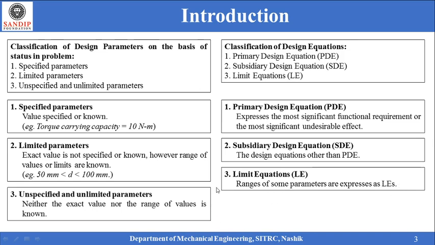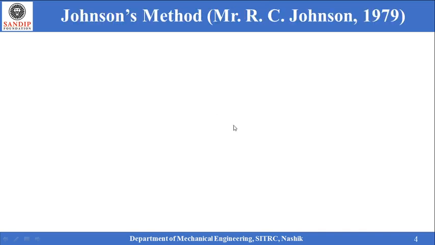It might be slightly difficult to understand at this point of time about this theory, but when we will be solving the example, you will realize them in a better manner. So just bear with me till we finish this lecture as well as the next lecture. But it is important to understand this background before we understand Johnson's method of optimization. With this background, let us understand Johnson's method now. This method was published by a researcher namely R.C. Johnson in 1979. We have to understand some background before appreciating what Mr. Johnson has proposed.